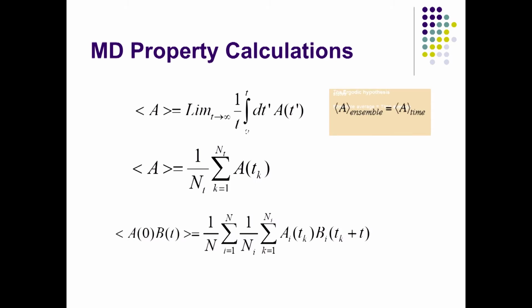So, a simple definition of time averages: if you look at a property A with the brackets, that is essentially a time average property. As the limit of time goes to infinity, we are looking at 1 over the time, and we are looking at any arbitrary property A(t'), at any one of these time steps. In the integral form, which is the continuous function, but if you look at the time discrete function, then it becomes 1 over N_t times the summation sign, and that is where A(t_k) covers all these time steps which you have.